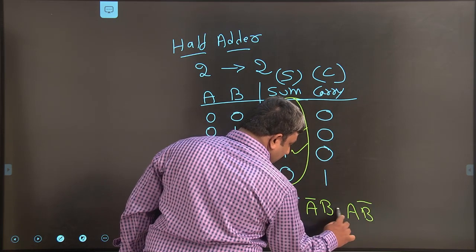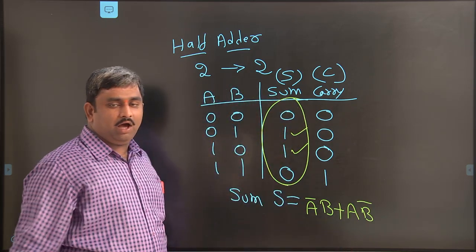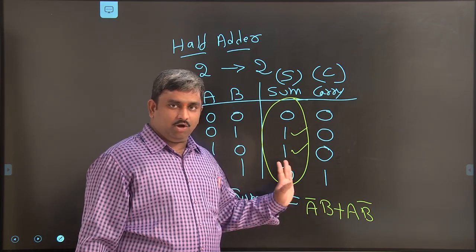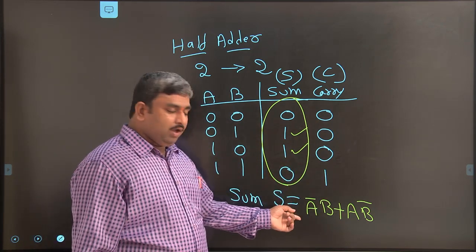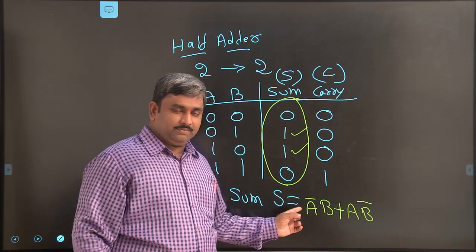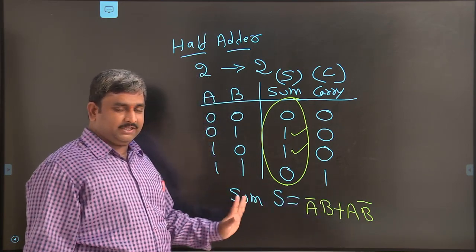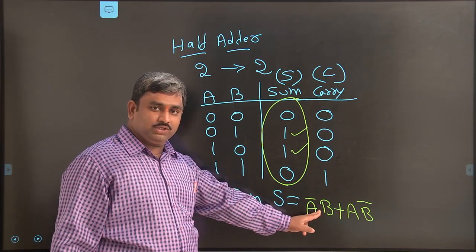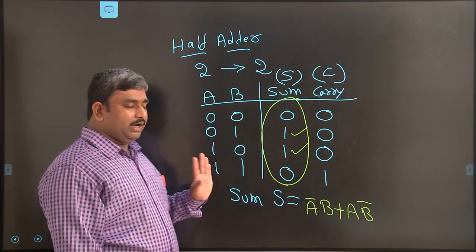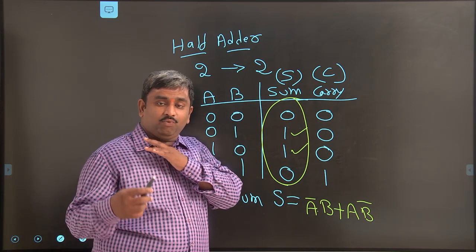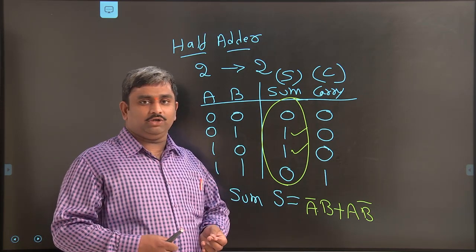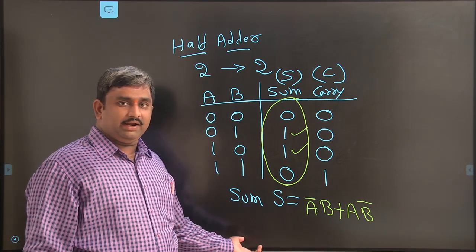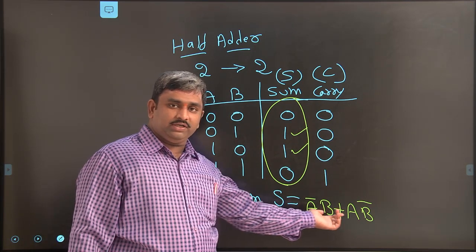And I have to use an OR gate operation here. Remember that. So this is the sum expression, and this is the OR gate operation. In between, I am using the AND gate operation. So by using AND gate operation and OR gate operation, I am implementing arithmetical addition. So the final sum value is this one.